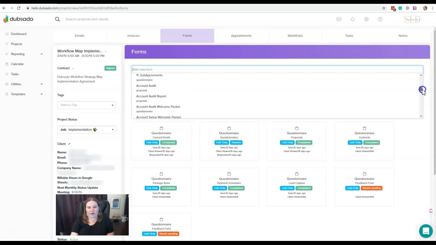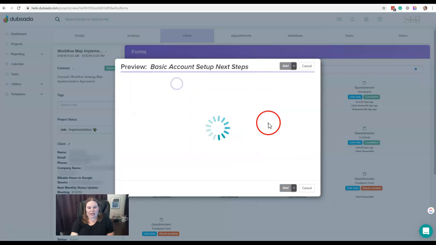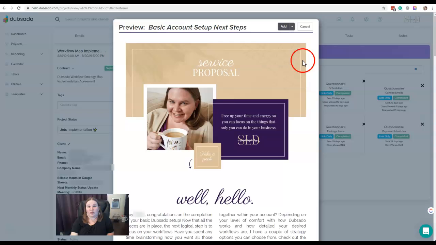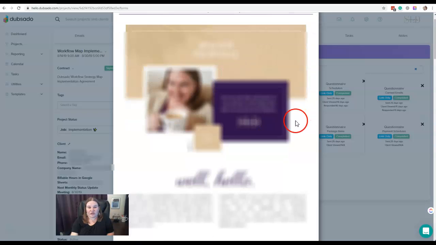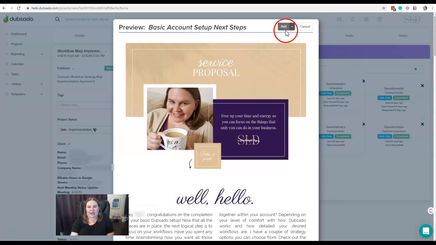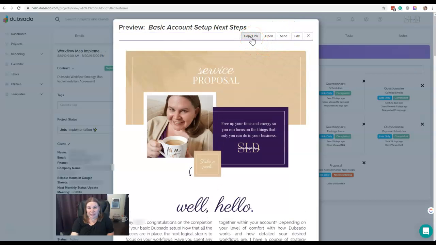And whatever form that you want to add, you can just click it and it will pull up the form for you to review, make sure it's the right form that you want to add, and then you would click Add, or you can add it directly to the portal. Once you do add it, you have the options to copy the link if you want to send that link directly to your client. You can open this form in another tab so you can view it and preview it, see what it's going to look like. You can send the form through an email, or you can click to edit the form if you want to